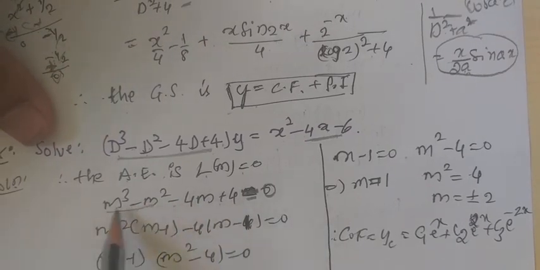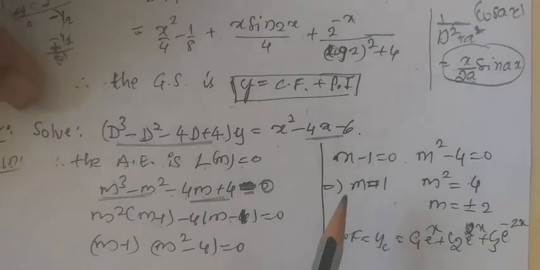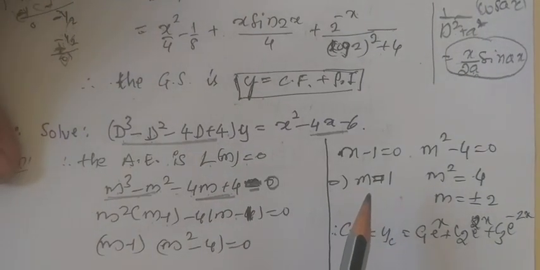Now you observe here, from the first two terms, m square is the least term. You can take m square common, you can write it as m minus 1, and from the third term and fourth term, you can take minus 4 common, you can write it as m minus 1. No need to go for the synthetic division method here. Directly you will get the roots. Actually you have to get 3 roots.